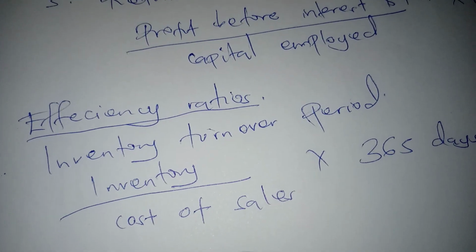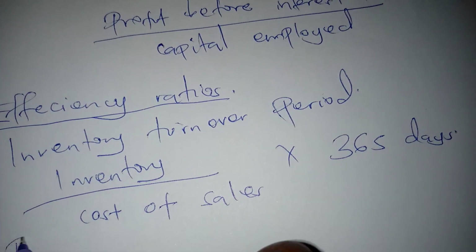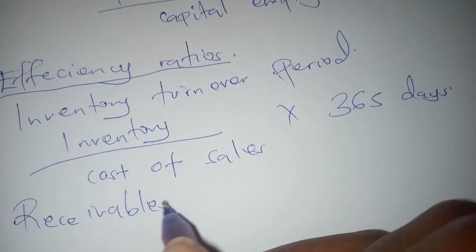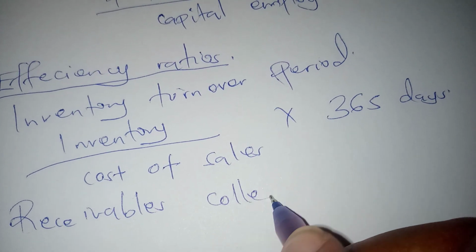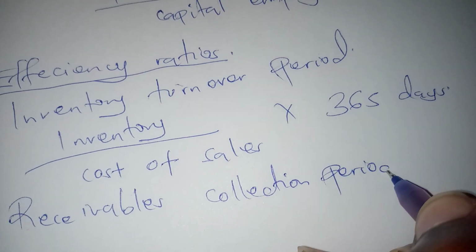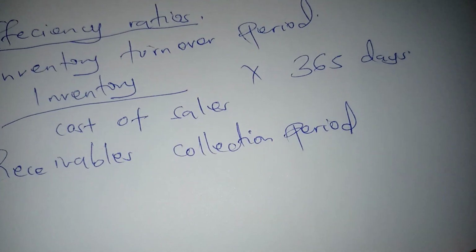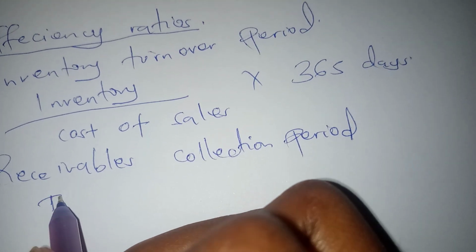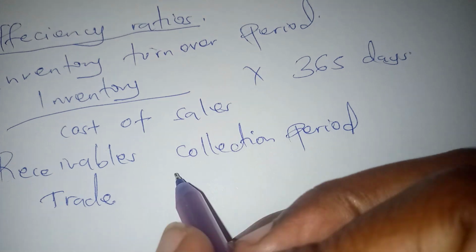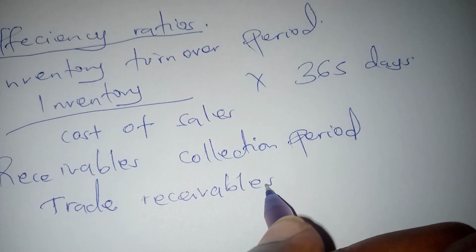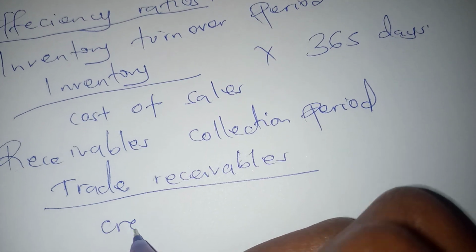Then another ratio we have here is receivables collection period. Here the formula is trade receivables out of credit sales